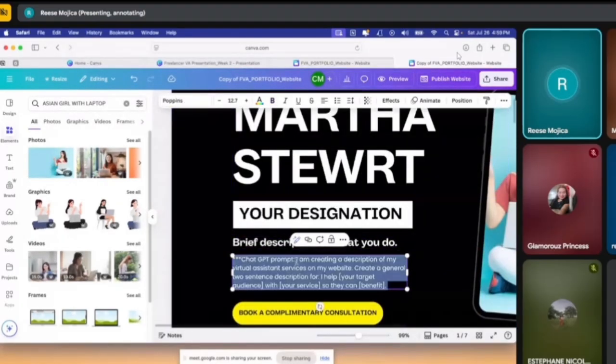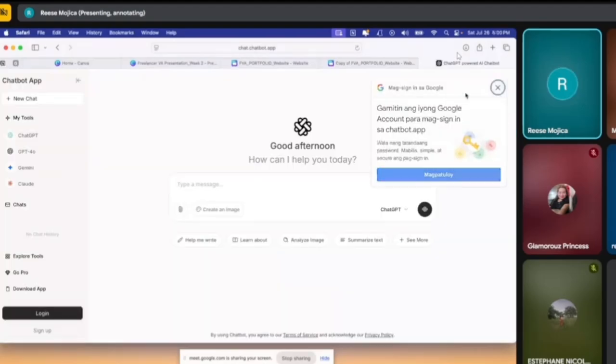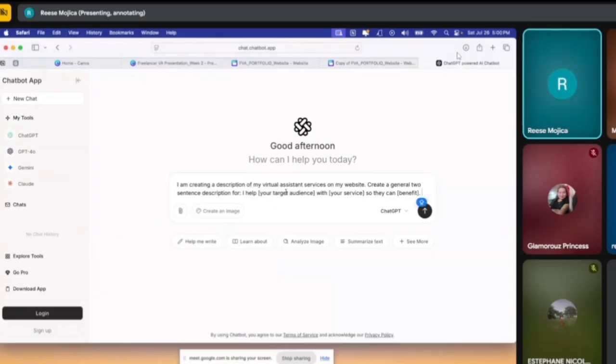So let's try that. So, okay. So the chatbot: I am creating a description of my virtual assistant services on my website. Create a general 2-sentence description for "I help blank," let's say doctors, with your service. So let's say